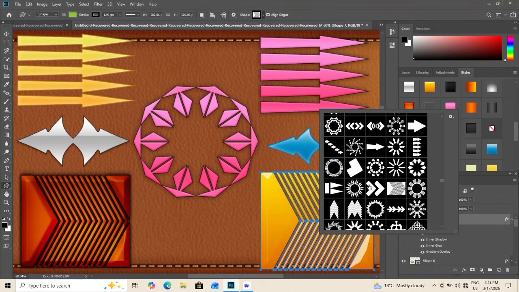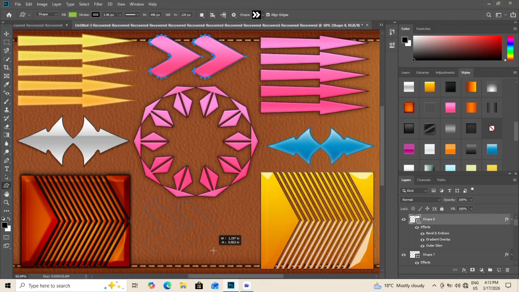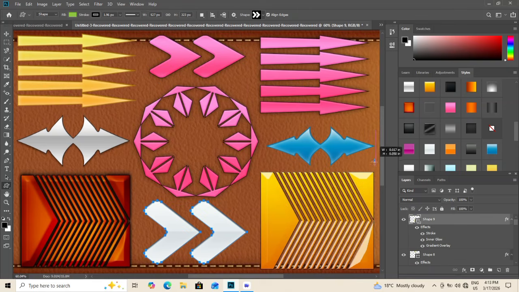Choose the polygon tool and add identical shapes at the top and bottom to reinforce symmetry. Activate the Move tool and fine-tune